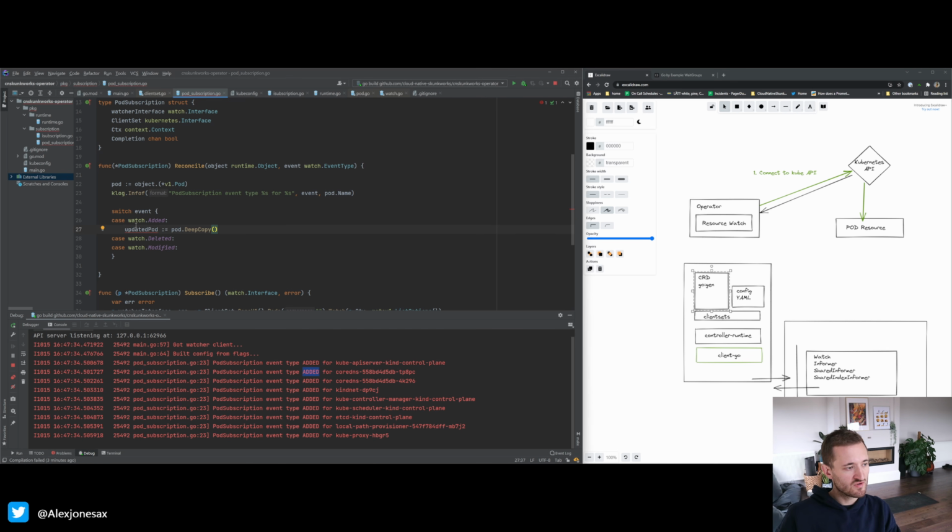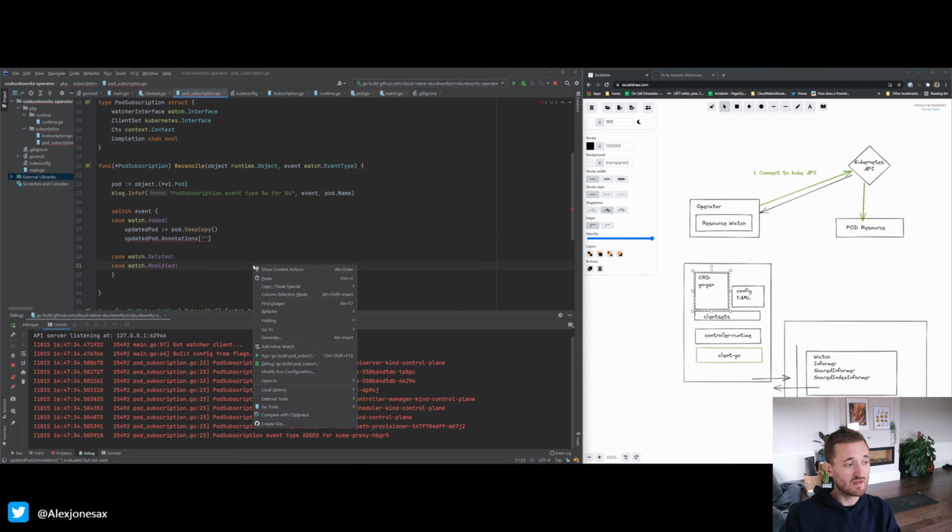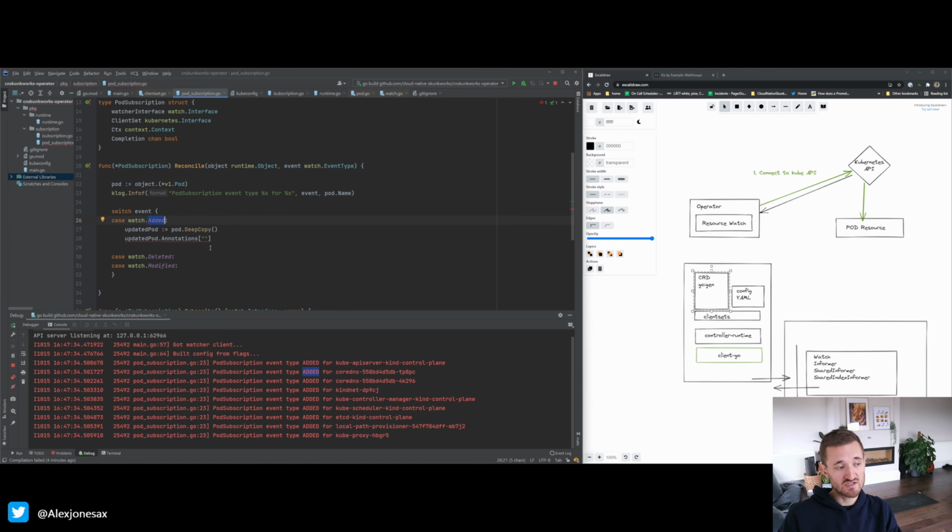So we've got that updatedPod. Now what does that mean? Well, updatedPod is necessary because we want to make a copy of this pod, do something with it, and then write that back to the K8s API. So let's say updatedPod.Annotations. Well, before we do that, I guess we need to check, but it is on an Added event, so it's likely that it won't have it, but still it helps to be thorough, so we'll call it type